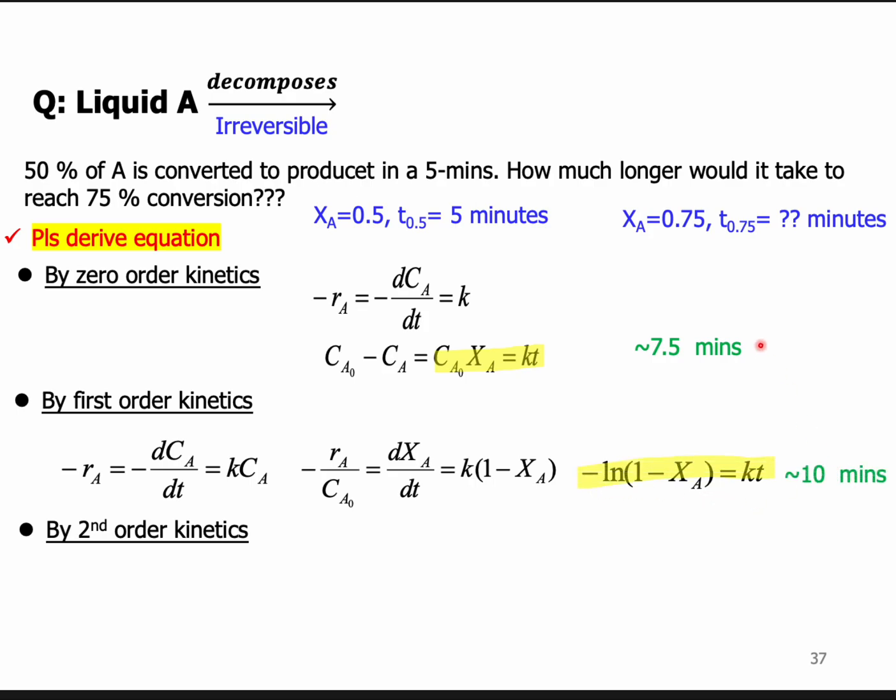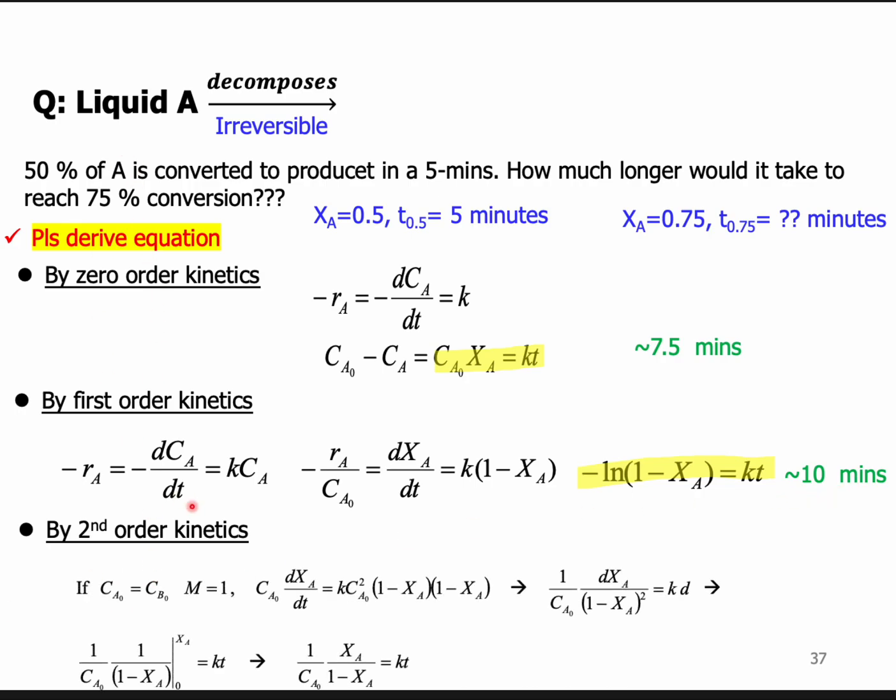Then you can input the 0.5 and 5 minutes here, and 0.75 and the unknown time, so you got 10 minutes. And for the second order reaction, even though the question didn't mention anything, in this case I can assume m equals 1. So in this case I can calculate it's around 15 minutes. Okay, so just